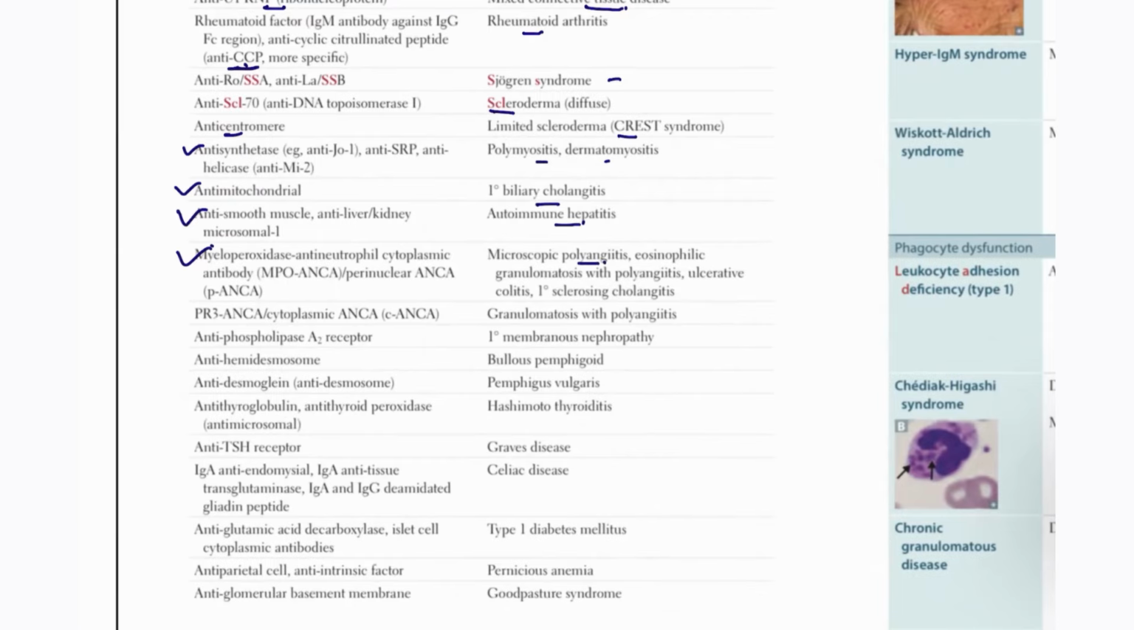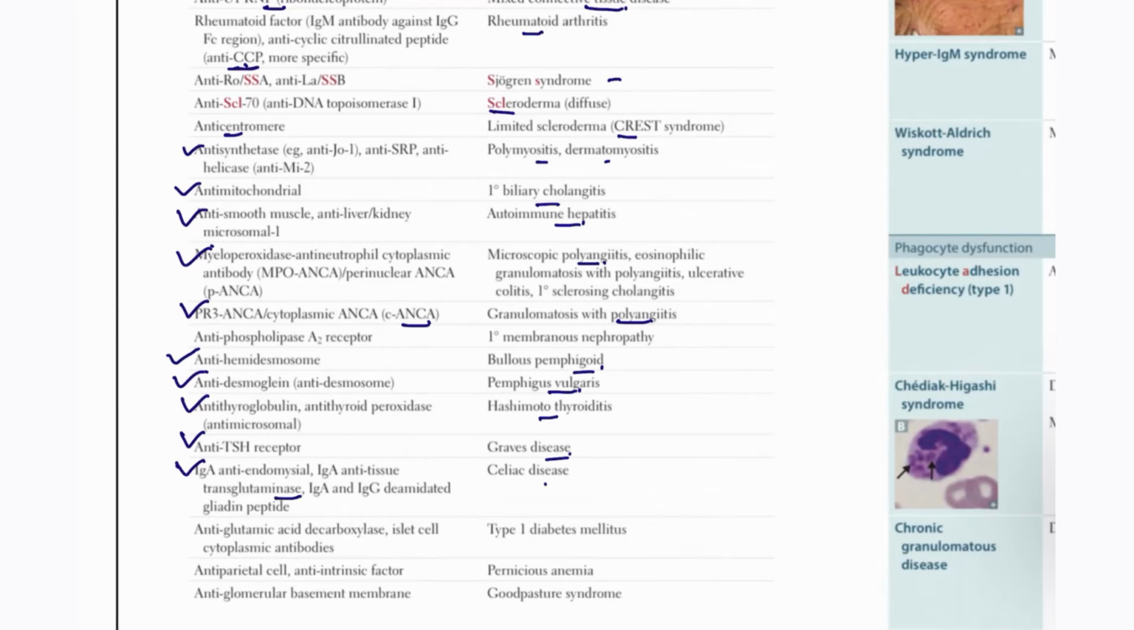microscopic polyangiitis. Okay, and that is P-ANCA. This is C-ANCA, guys, for granulomatosis with polyangiitis. Next, anti-hemidesmosomes, bullous pemphigoid, anti-desmoglein, pemphigus vulgaris, anti-thyroglobulin, Hashimoto's, anti-TSH receptor, Graves' disease, IgA and anti-tissue